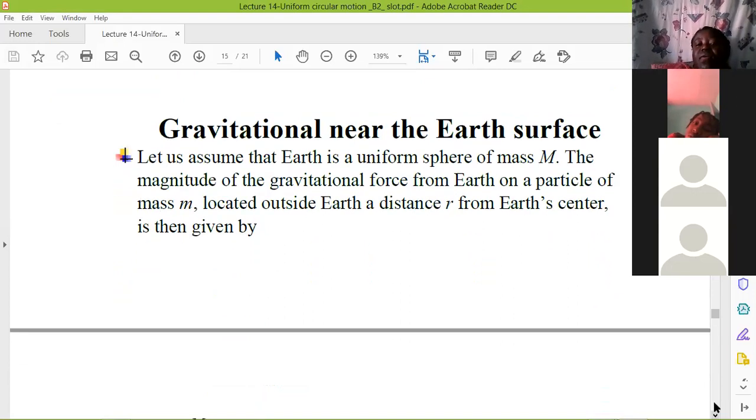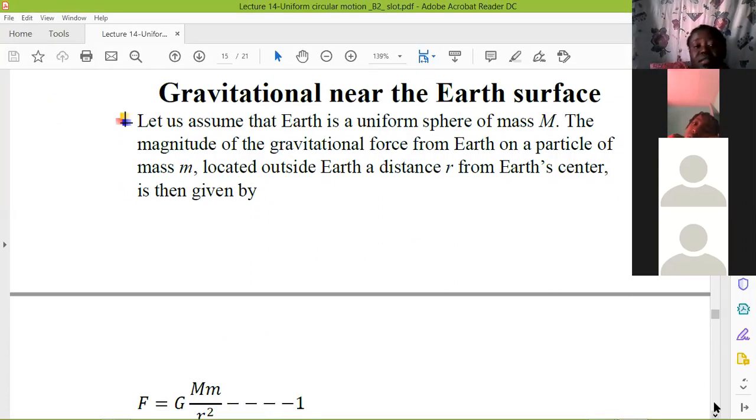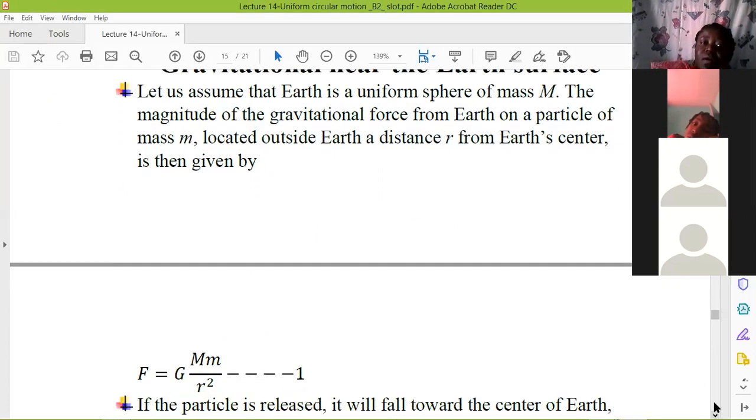Let's consider that one of our objects is the Earth's surface. Remember, the Earth is not a circle, it's kind of a sphere. And we have that the mass is capital M. Let me say the mass of the Earth is capital M. Then the magnitude of the gravitational force from the Earth on the particle located at that distance equals,